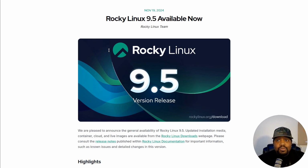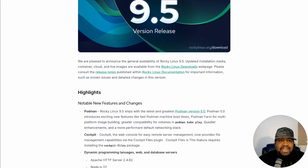For those who might not know, Rocky Linux was created as a community-driven replacement for CentOS when Red Hat decided to change things up with CentOS Stream. Now, Rocky Linux picked up the torch and said, we got this, and here we are with version 9.5, keeping that promise alive. So let's scroll down a little bit, and one of the biggest highlights you'll see is Podman